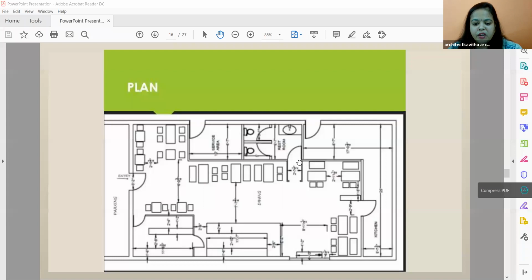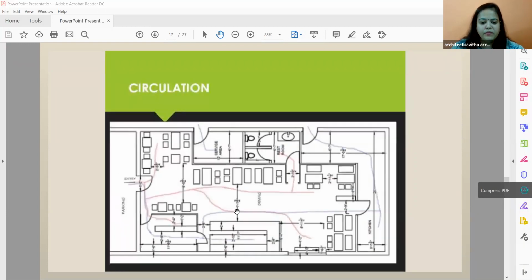When I say toilet, this is the entry to the toilet. They have taken it a little bit more inside so that it is obstructed. The door is not directly seen. They have a passage, and then there are two toilets and one wash basin. And this is their kitchen, which will have a utility on this side. So it is a very nice, well planned and very spacious restaurant where there are not too many chairs here and there. So very limited chairs and very nicely planned.